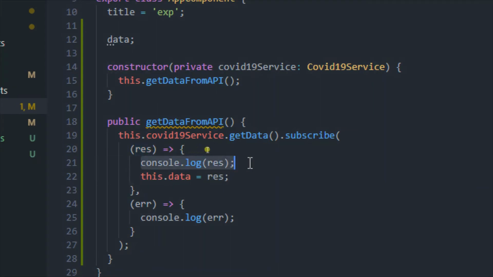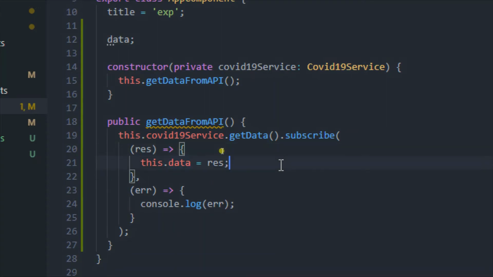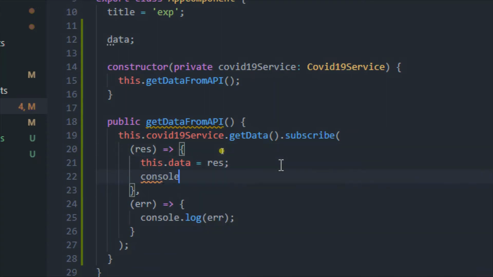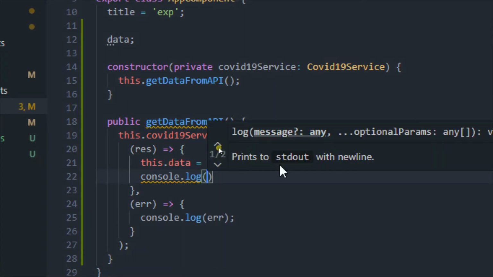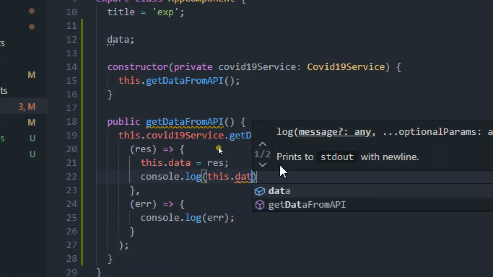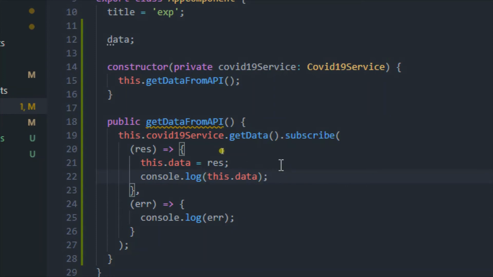I will remove this console.log of the response and instead console.log this.data, to make sure that whatever response I am getting is stored successfully in my data variable.